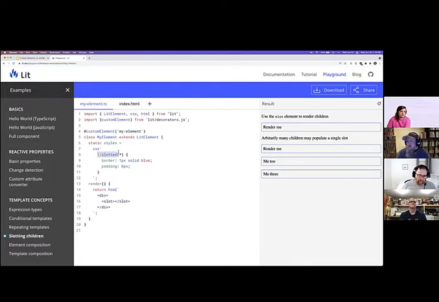That'll be great. Can you show an example of how you would separate the CSS to a different file and bring it into a Lit element? I think in their example, I saw a lot of inline CSS. Is that a complex thing? Is that a trivial thing? So,